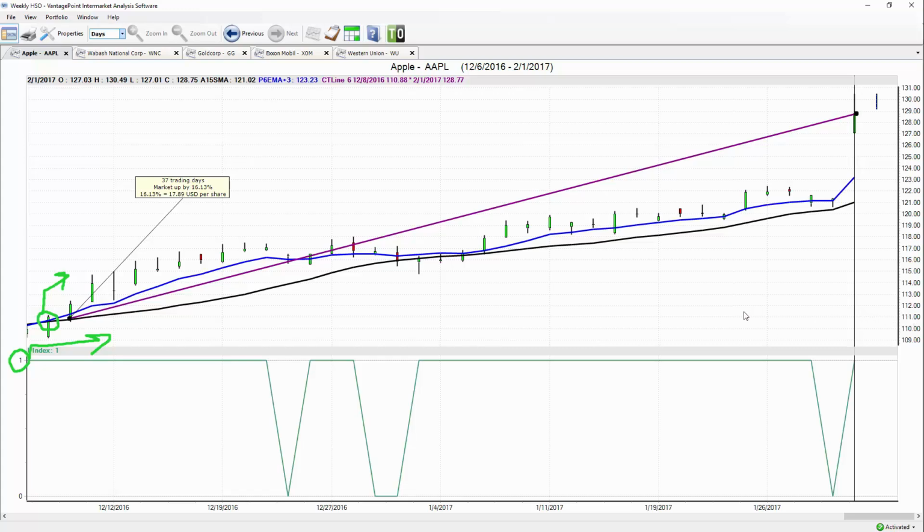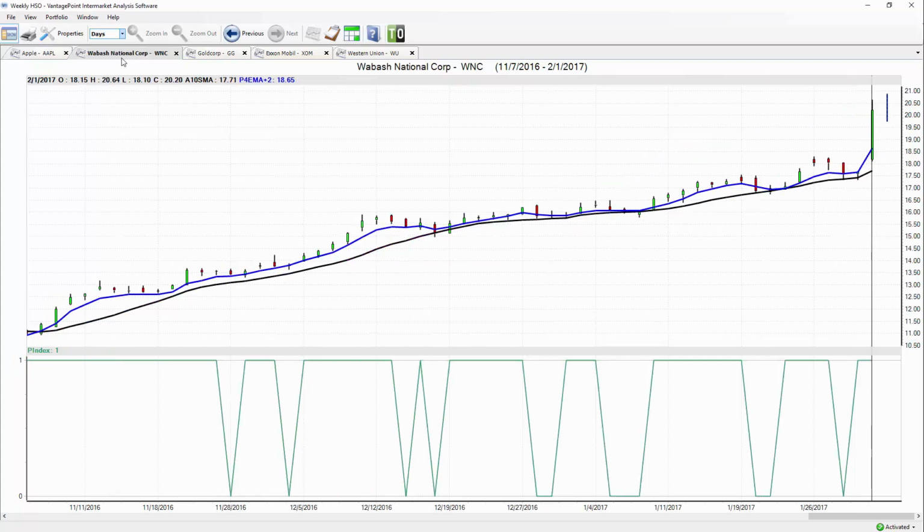So, whether you trade options, whether you are a shorter term trader, longer term, it really doesn't matter. You're going to have the tools to really identify where the probabilities are, so I can make sure I'm involved in this 16% move higher in Apple and don't miss the best part of that move. So, Apple, we spoke about last week. Not terribly surprising that you're seeing a big move higher, especially when we start moving forward at Wabash National Corporation,